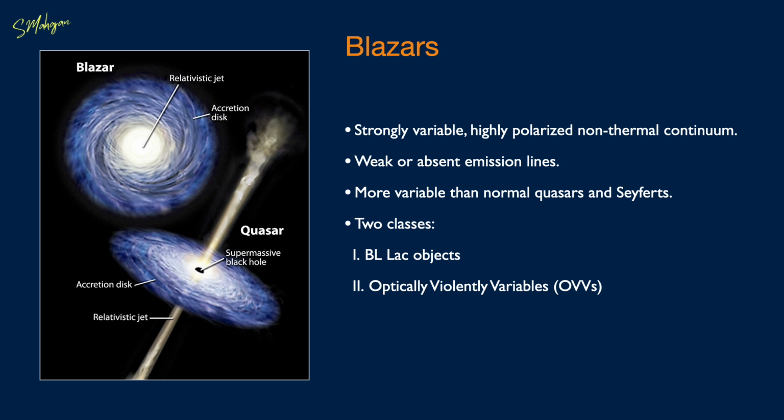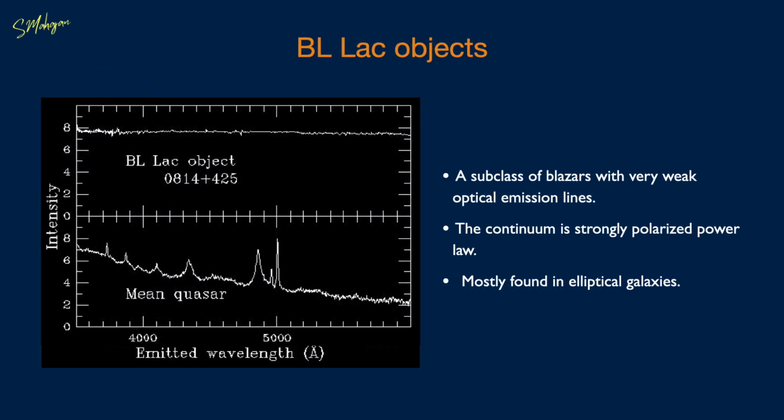Active galaxies with strongly variable, highly polarized non-thermal continuum are known as blazars. These objects are characterized by featureless spectra and are highly variable in luminosity in different wavebands. Blazars are further classified into BL-lac objects and OVVs. BL-Lacertae or BL-lac objects are named after the prototype galaxy of this class, BL-Lacertae, found in the constellation of